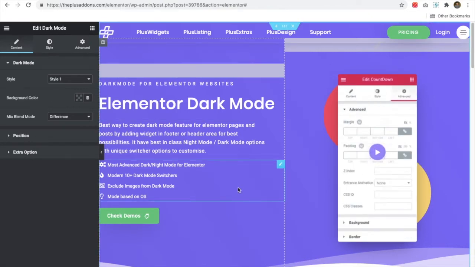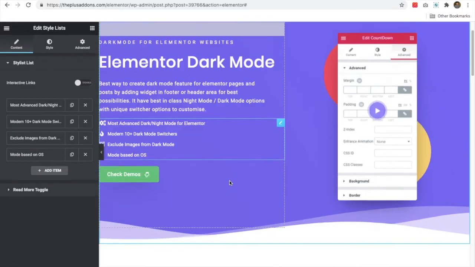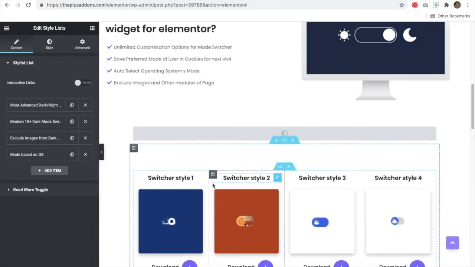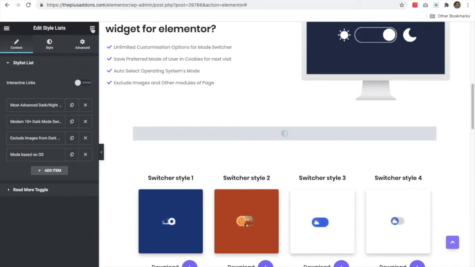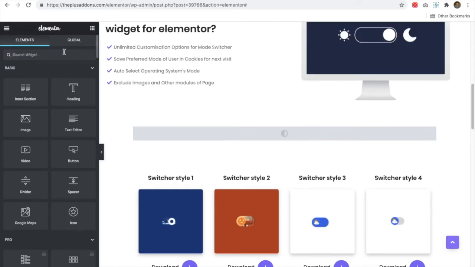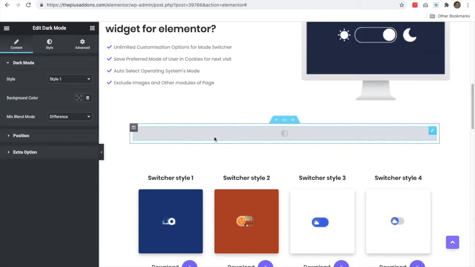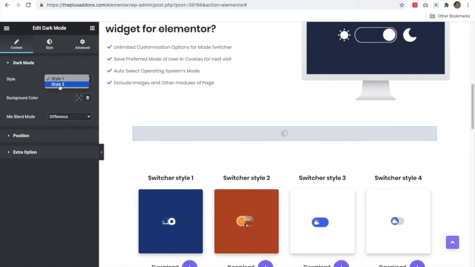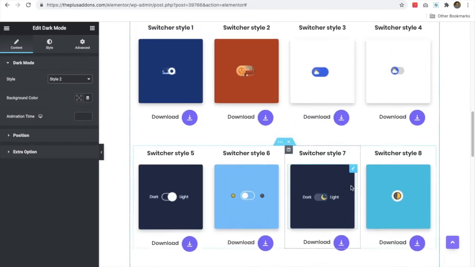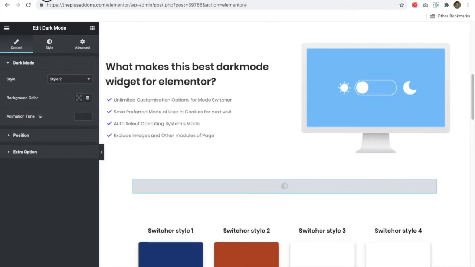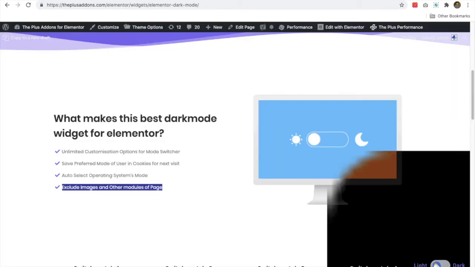So let's go and find the dark mode widget. Let's go to the all widget section, and from there let's check the dark mode. You just need to drag and drop that widget, and once you drag and drop, you will see all the options available like this. So there are two different styles which you can manage. You cannot check a dark mode in the backend. You have to check that after the update in the front end only.